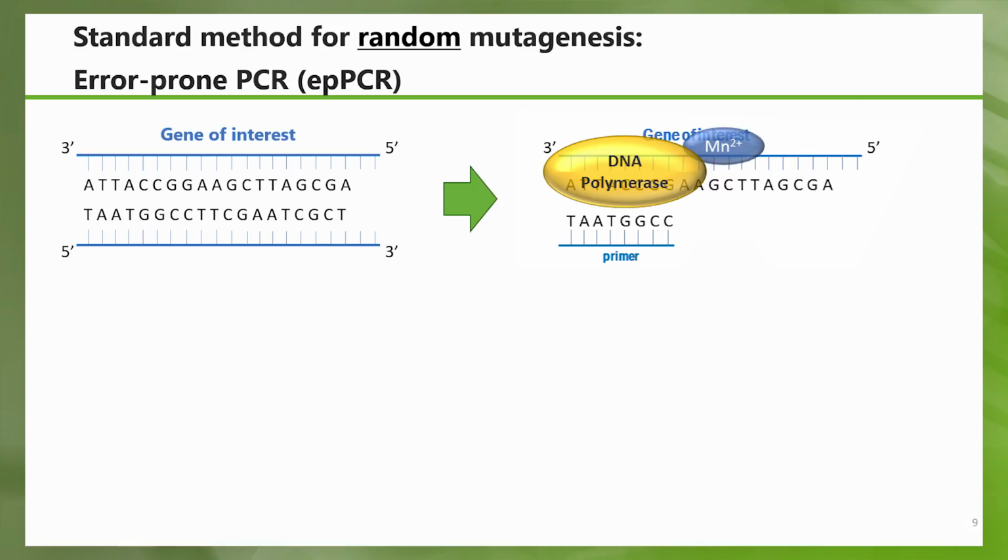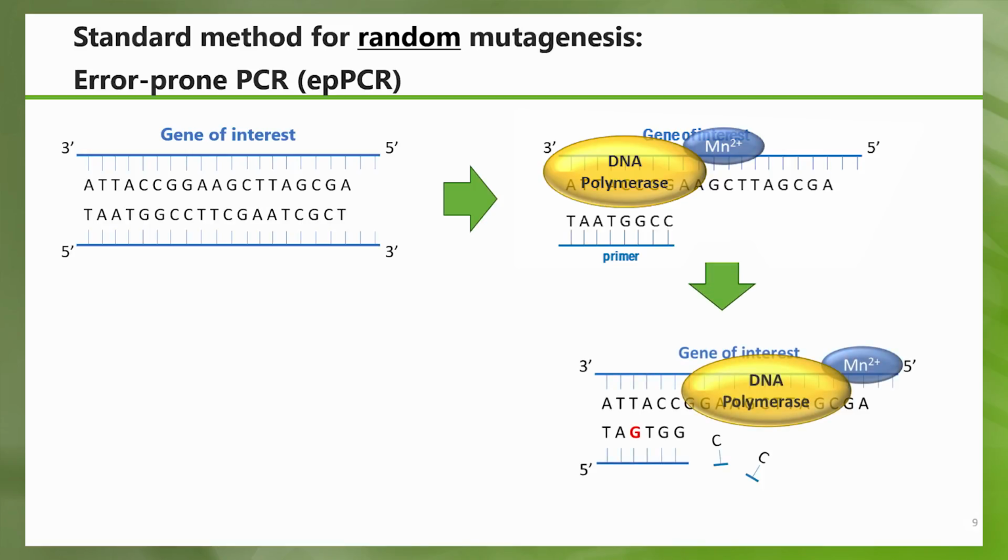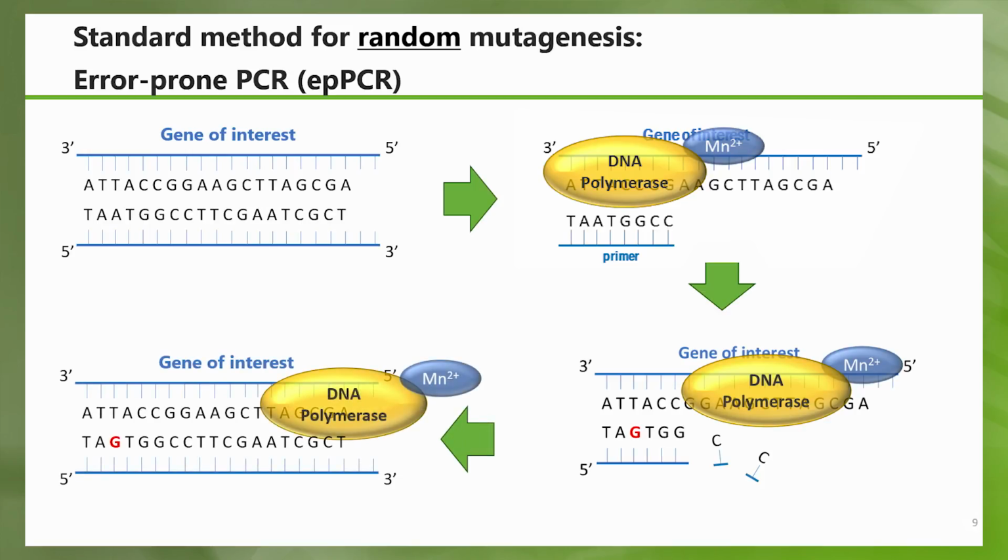And these cause the polymerase to make more errors. So you can see, for example, here in this gene, and then the full-length gene gets synthesized. So on average, that's 3 to 5 mutations per 1,000 base pairs, depending on the enzyme class that are used